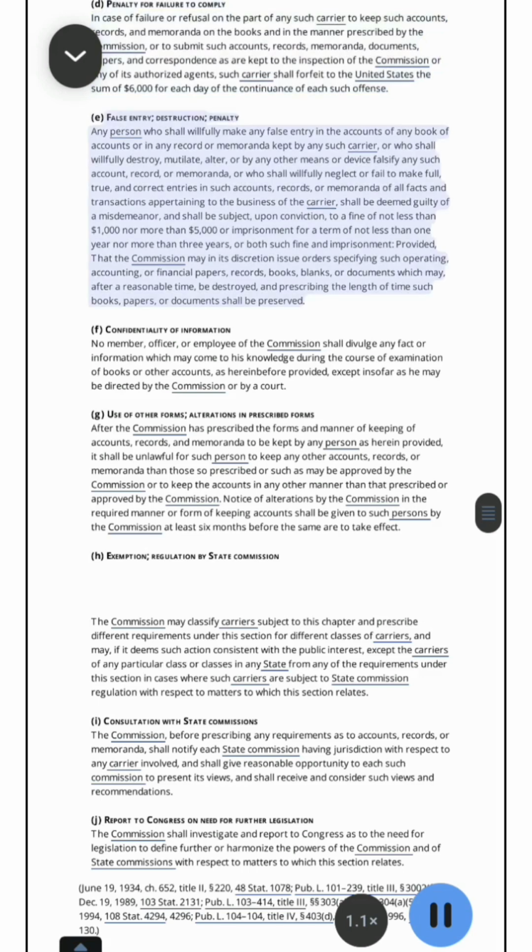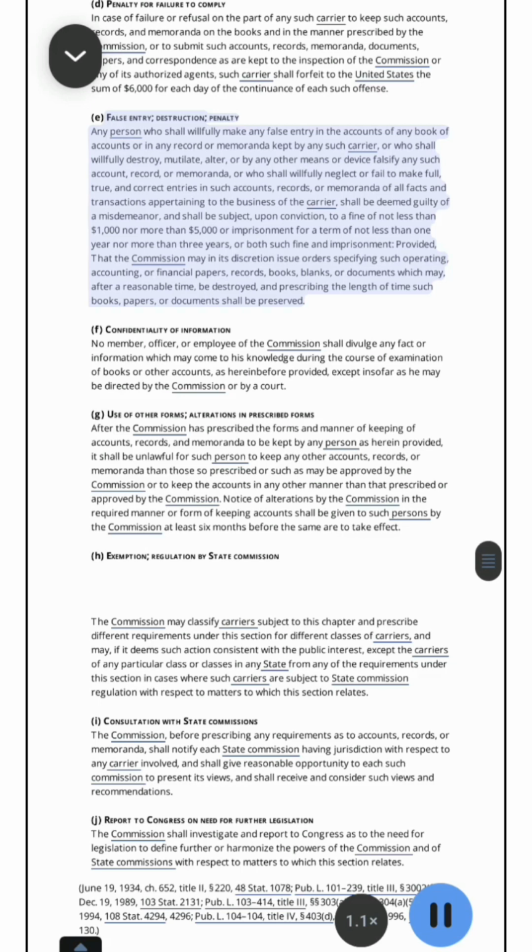E. False entry. Destruction. Penalty. Any person who shall willfully make any false entry in the accounts of any book of accounts or in any record or memoranda kept by any such carrier, or who shall willfully destroy, mutilate, alter, or by any other means or device falsify any such account, record, or memoranda, or who shall willfully neglect or fail to make full, true, and correct entries in such accounts, records, or memoranda of all facts and transactions appertaining to the business of the